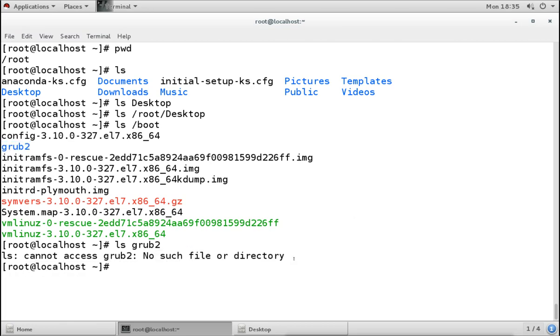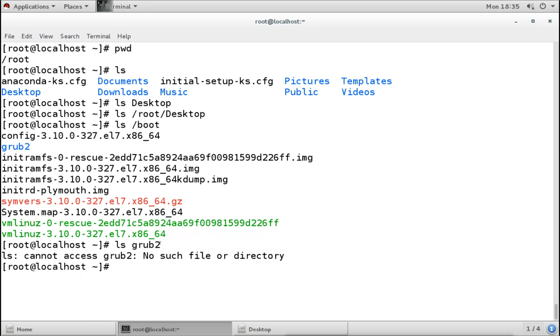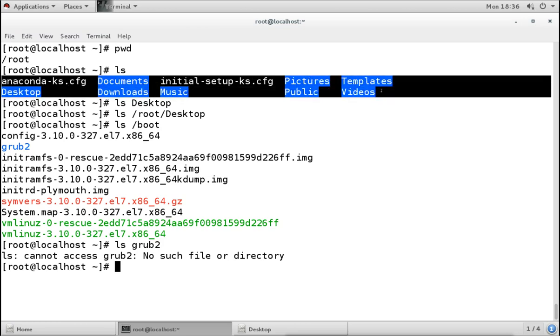Why? Because I have not given the absolute path. I was trying to use the local path, but it is not working here because right now I am under /root, and under /root I have only these files and directories. There is no directory named grub2.